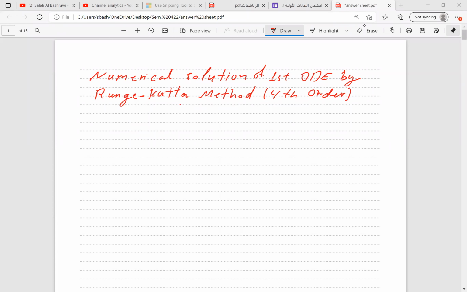Today we are going to speak about the numerical solution of first order differential equations using the Runge-Kutta method of fourth order. This is a numerical technique to find the approximate value for functions given by a differential equation. So this method, the Runge-Kutta method, the definition,